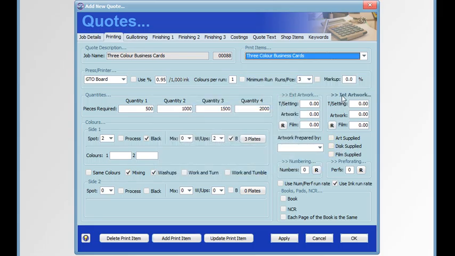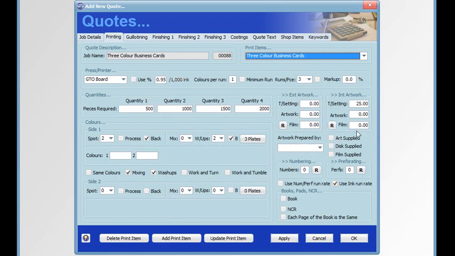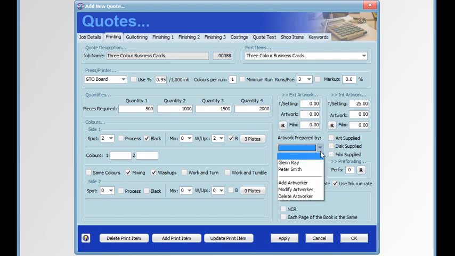So we can now add the artwork. Typesetting, who the artwork was prepared by,